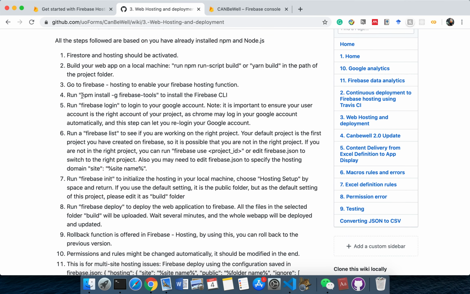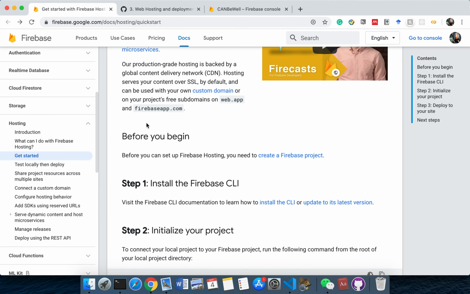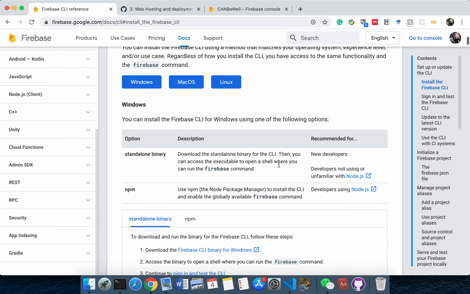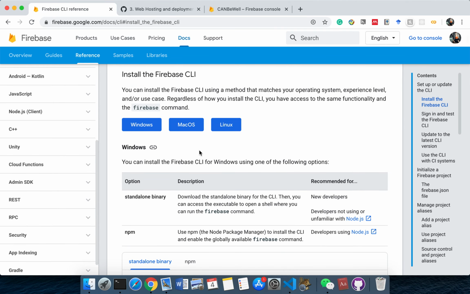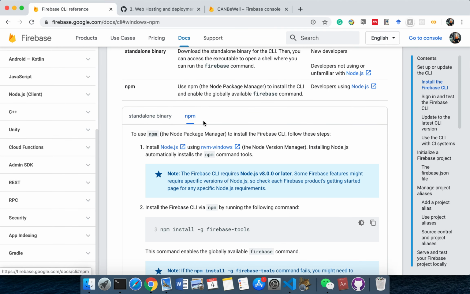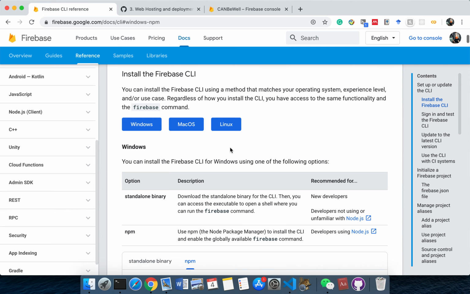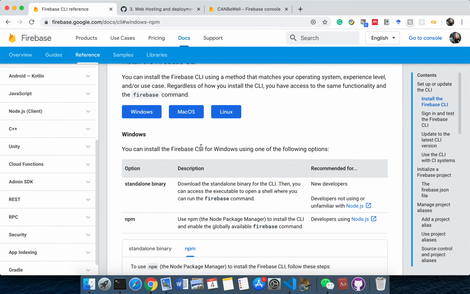we need to run this command line, npm install -g firebase-tools, in order to install the Firebase command line. Actually, I don't know whether it's the same in Windows operating system, but according to the official help doc, we can see there's an install command line interface, and we navigate into this. We can see there's this npm version which offers you to install Firebase tools that we need to install. I see it for Windows and the Mac,